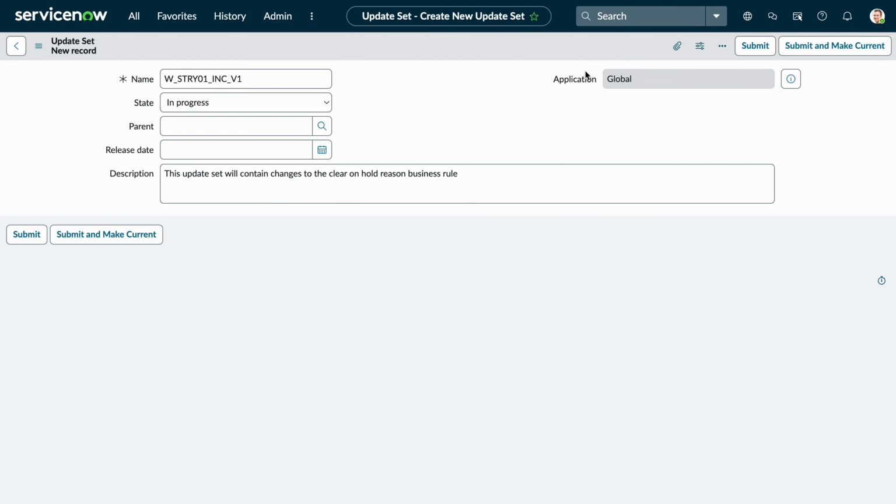When you create an update set, it will always create the update set in the application you're in. So you just need to make sure you're on the right application. How do you know if you're on the right application? It depends essentially on